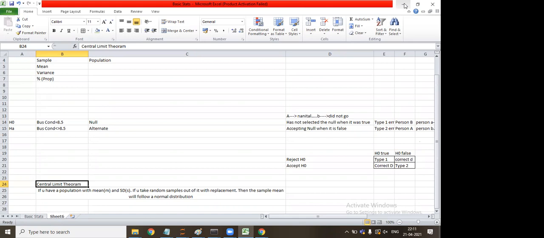So guys, I will explain the central limit theorem tomorrow. Just revise the concepts of hypothesis testing today, and whatever I told you about the central limit theorem, just read the definition one or two times. I'll explain this theorem in detail tomorrow, because it's very difficult to cover any other concept along with hypothesis testing on the same day. Okay, sir. Any question till now?